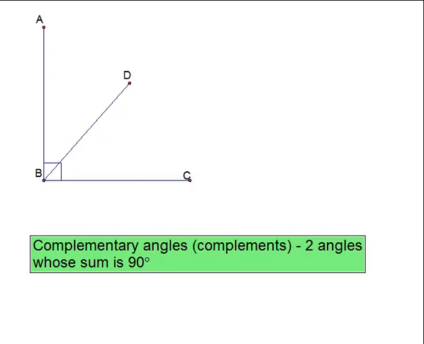Okay, this is a demonstration for complementary angles, and later on we're going to take a look at supplementary angles as well. So if you take a look at the diagram here, if we look at angle ABC, this is a right angle, and we can verify that by the right angle box right here. And if we look at this angle ABD,